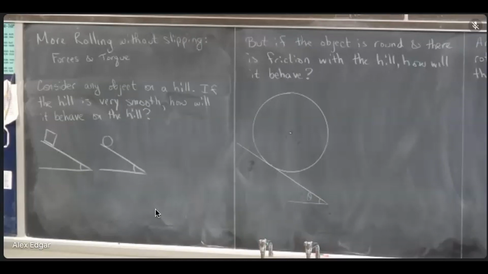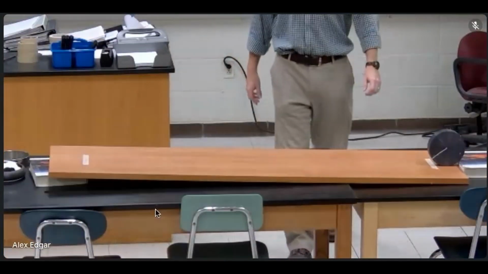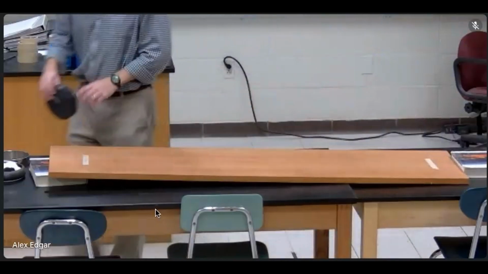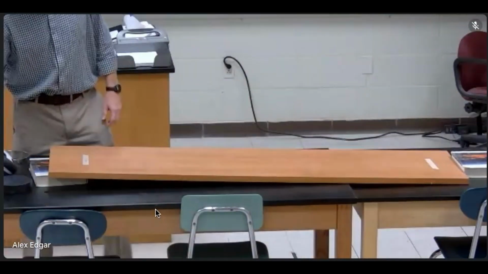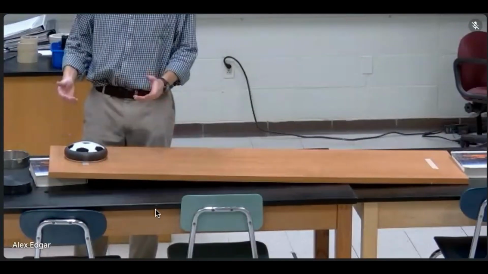And I have drawn here a square, rectangular, boxy object, and then I have a round object. If the hill is very smooth, then that's code for there is no friction on the hill. Now, my round objects, I can't turn off friction, but I do have a squarish, boxy object for which I can turn off friction. So let's take a look at this. Let's consider this boxy object. If there is friction and I put the boxy object on the hill, it doesn't move because